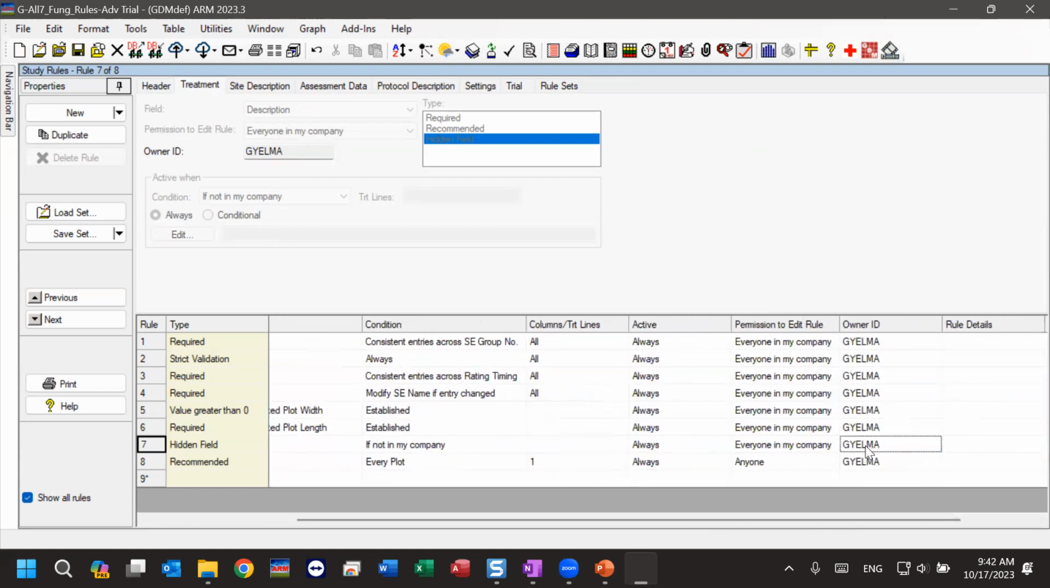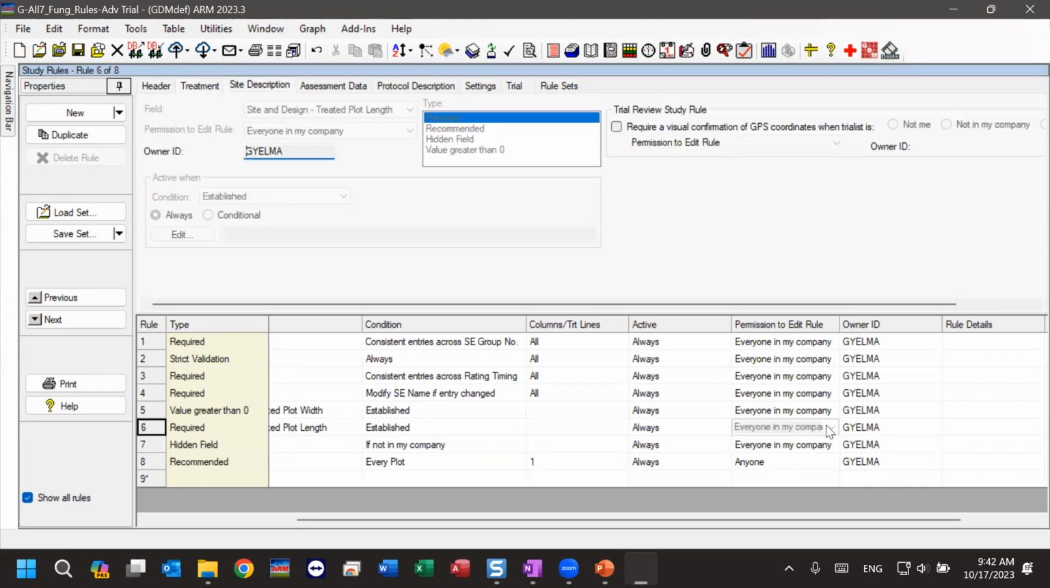So this owner ID really kicks in for hidden fields, but it does also have a play for the permissions to edit a rule. As we mentioned before, if you have some problem with a study rule, you're requiring some information that actually can't be filled in, or you've locked something down that the trialist does need to get to, depending on what you've defined in the permissions, the trialist might not be able to